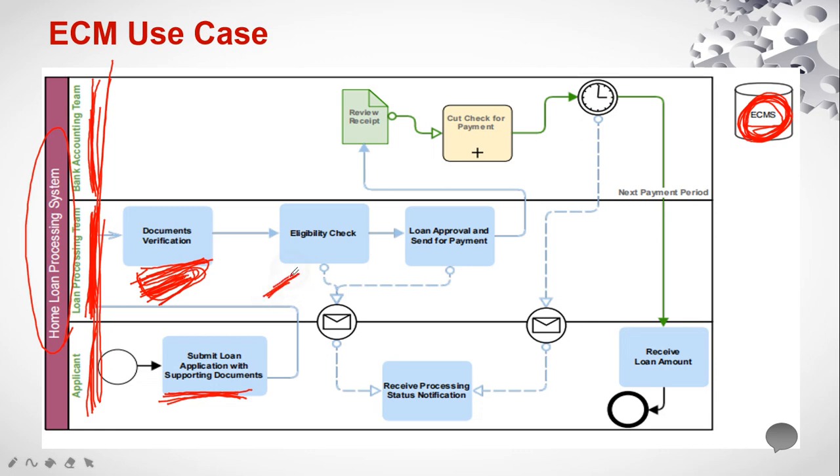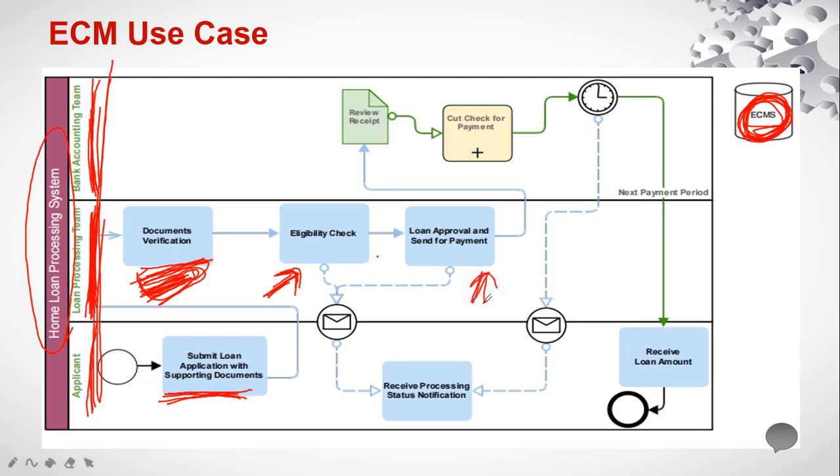This team will do that. Every bank will have its own process or rules for deciding how much money they should give as a home loan amount, because it depends on your land value and your income source. So all these things are involved. Based upon their internal rules, they will decide, for example, if I am applying for 1 lakh or 10 lakhs, the bank can decide that this candidate can get 10 lakhs or less than that, whatever as per their rules. That is the eligibility check. Once the eligibility check is done and the applicant is eligible to get the loan, they will send it for approval. Then one more team would be there.